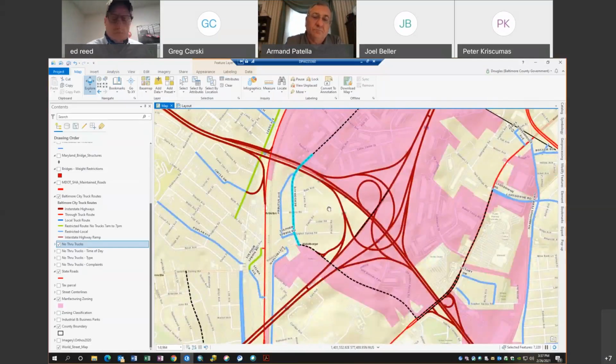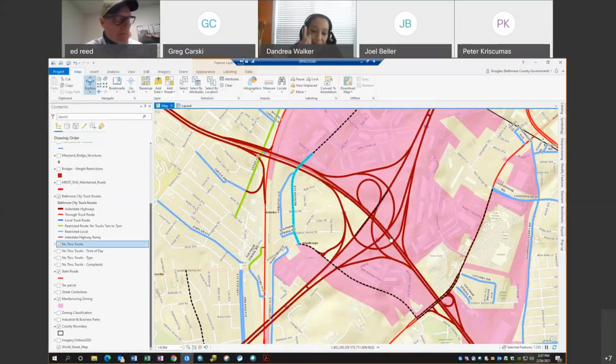So can we see, I don't know the section of the map where we're talking about right there. I see Sulphur Springs Road, right where his cursor is. Yep, there you go. Right there is where the issue is. That's Benson, where the problem is. And it's all residential through there, and you got all industrial right above it. Even though it's restricted to through trucks right now. Correct. Right.